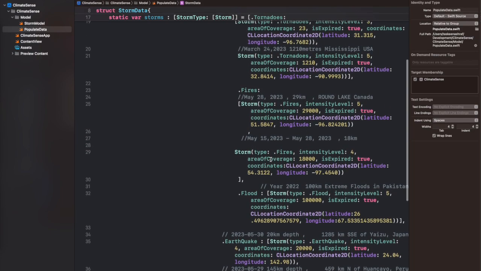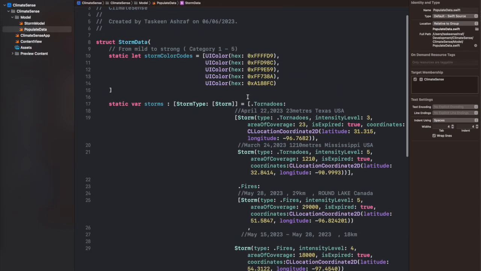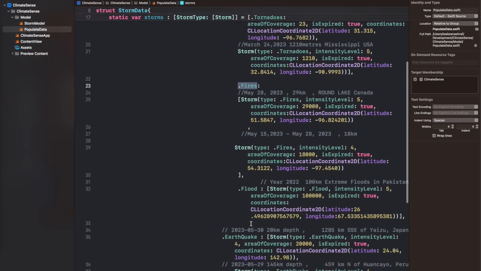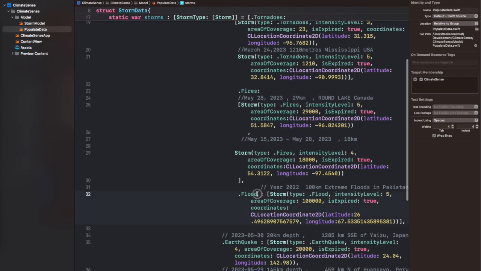And after that there are storms of type. So first we have created some of the tornadoes. As you have seen, in the comments I have mentioned the date on which that storm originated, what was its area of coverage, and what was its location. So all of this data is real, and I have used it from different websites which I'm going to paste